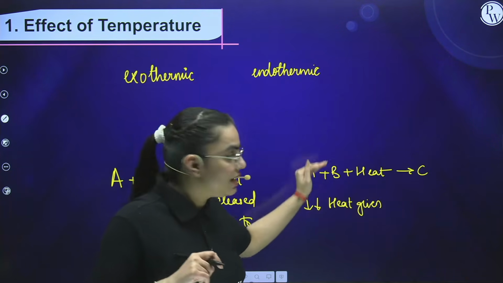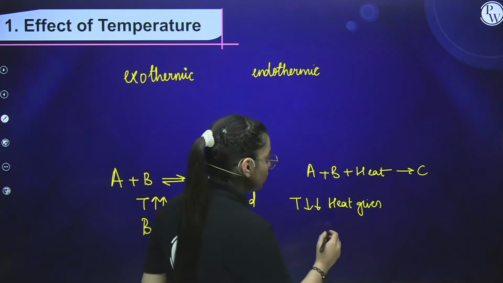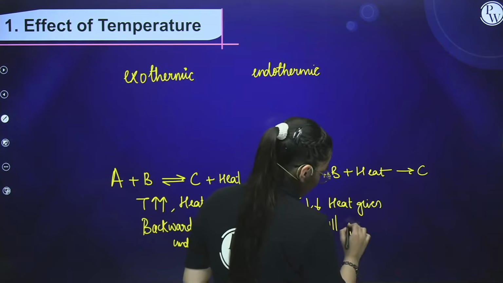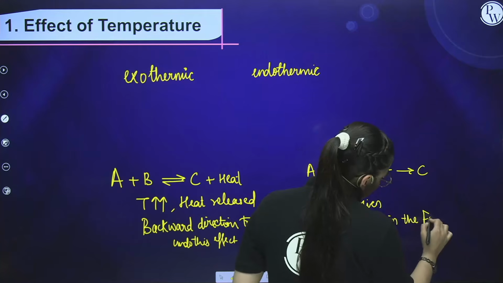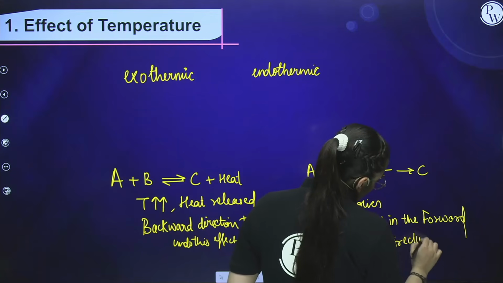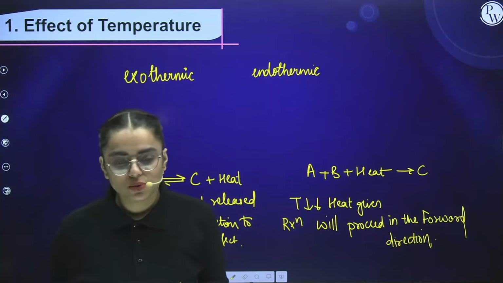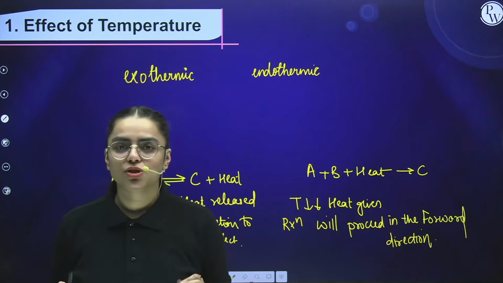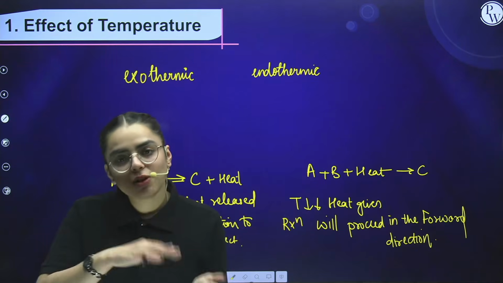To reduce this, it will get converted. When it gets converted, it will reduce, it will consume. So now here, to reduce this, the reaction will proceed in the forward direction. So it is quite an easy concept. Here you just need to understand, when you are increasing temperature, what is happening? When you are decreasing temperature, what is happening? Whatever is happening, you have to reduce the effect. To reduce the effect, it will move in another direction.